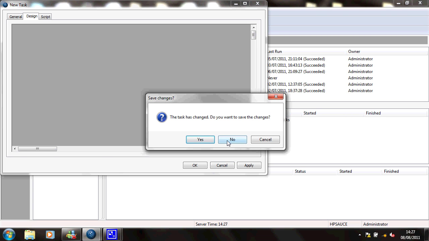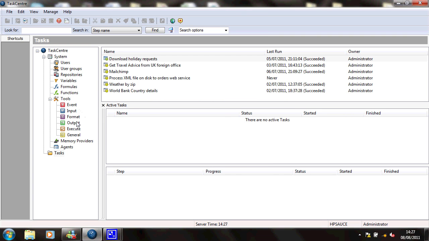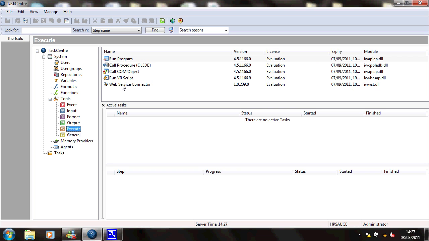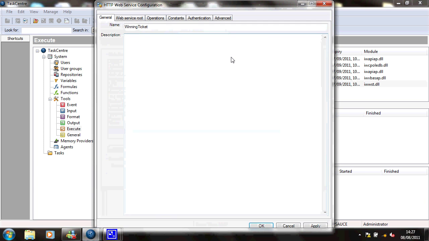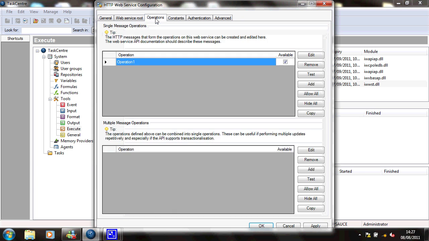And what I'll do is go into the global configuration of this web service. So go into Execute Web Service Connector tool. And this service I'm trying to connect to here is called Winning Ticket. I'll just edit that. And if I go into the operations for this, what I'm going to create now is something called a multiple operation. So in the bottom half of the screen of the operations here, I'm going to add a new operation,